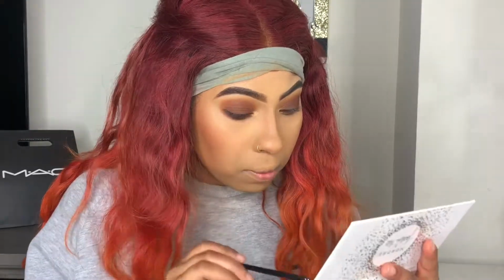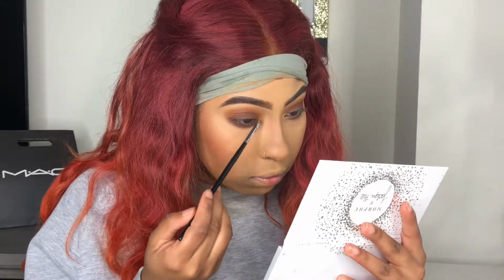I'm also gonna put the same highlighter on my brow bone,